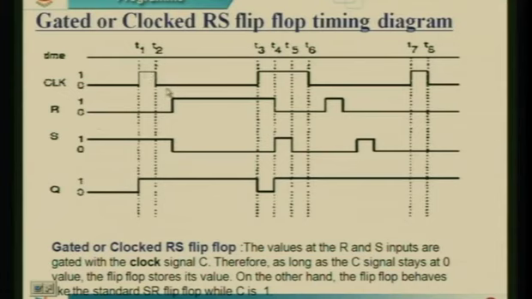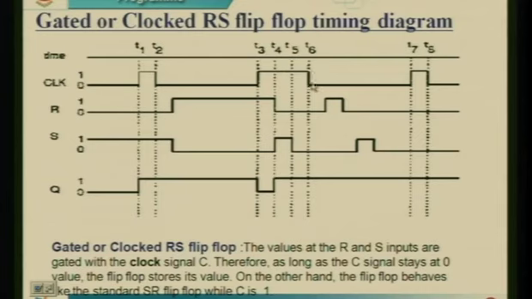So, I am applying a clock here, R signal, S signal. When my clock is high, if my R is low and S is high, in the sense it is in set condition, my Q goes high. My output of flip flop is high, since it is in set condition. So, it remains high till the next clock comes. Here you can see it remains high till the next clock pulse.